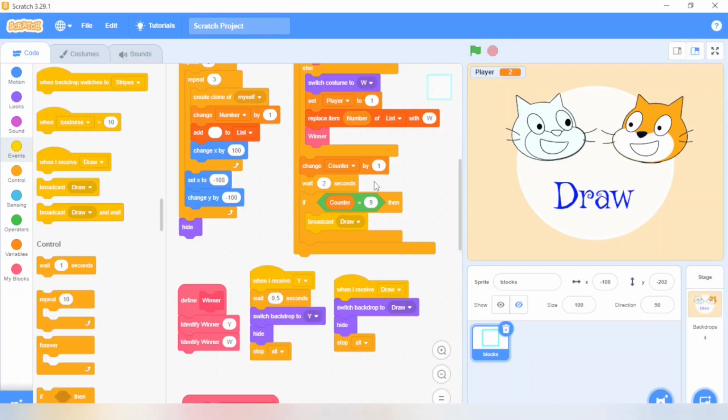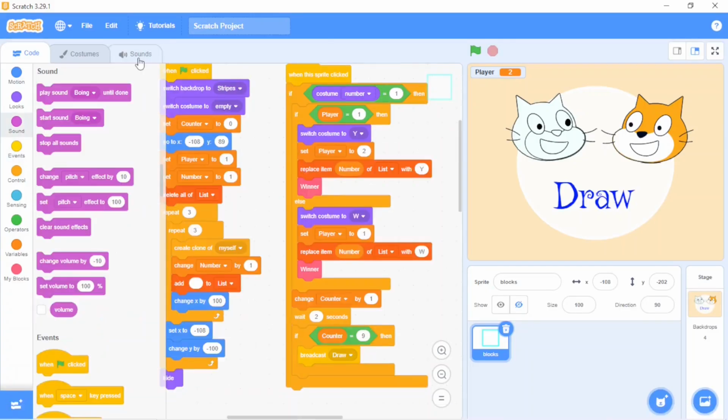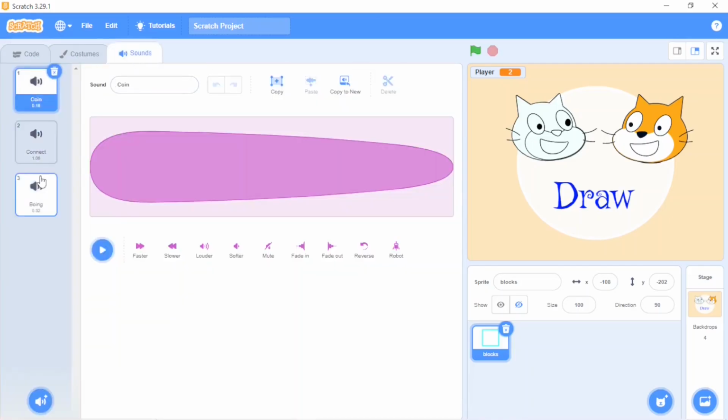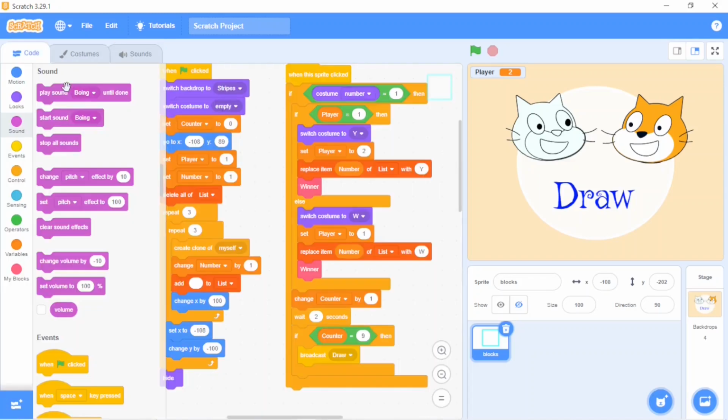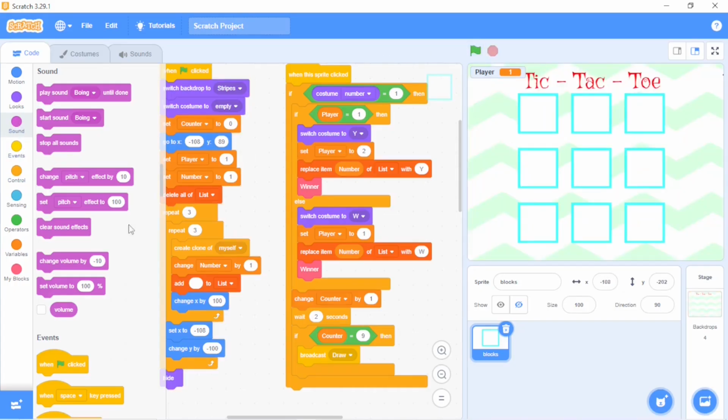To make it more interesting, we can add some sounds and graphic effects. So we'll go to sound. There I have chosen some sound like coin, connect or boing. Let's go back to code and we'll add some sounds over here. Like when we click on any block, it should make sound like coin.